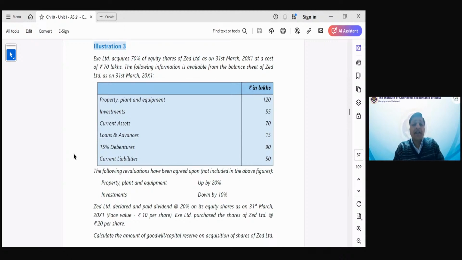Z Limited declared and paid dividend at the rate of 20% on its equity shares on 31st March X1. X Limited purchased the shares of Z Limited at the rate of rupees 20 per share. Okay. You are required to calculate goodwill or capital reserve, whatever be the case, on the date of acquisition. That's it. Okay. Now,